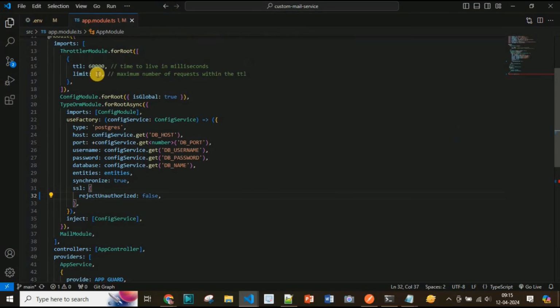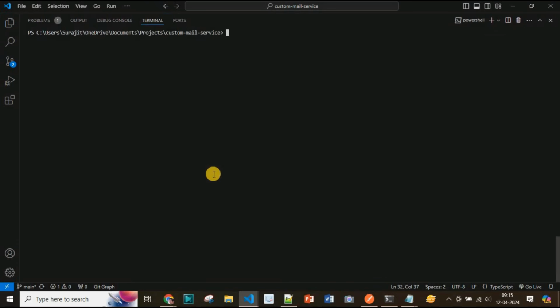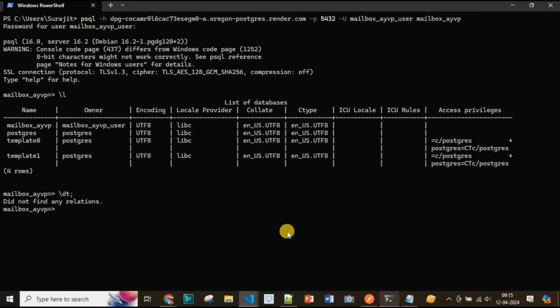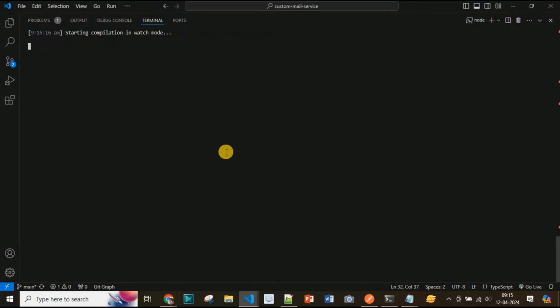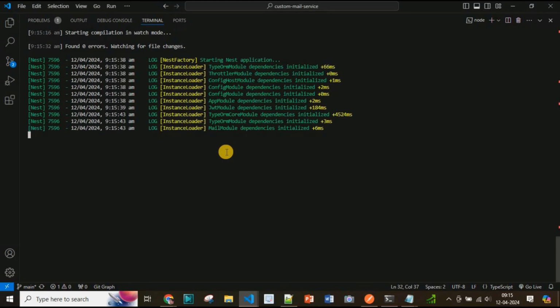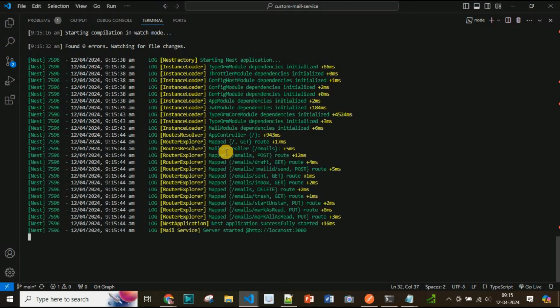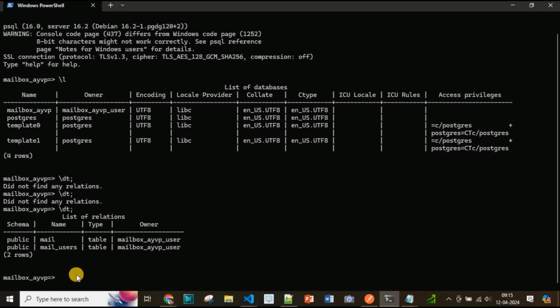So I put all the details in my environment, and now I will restart the server, and we'll see if it creates all the relations here or not. We don't have any relation right now. So my server started successfully. Now I will go to the terminal and check whether we have the relations or not. You can see we have the mail and the mail users. Owner is this user. So we have successfully connected to the remote Postgres database using the psql commands and also